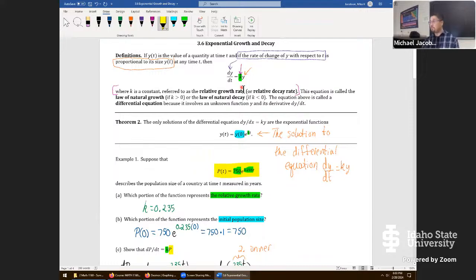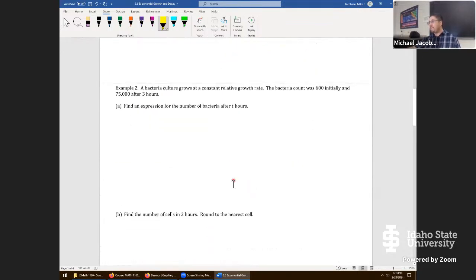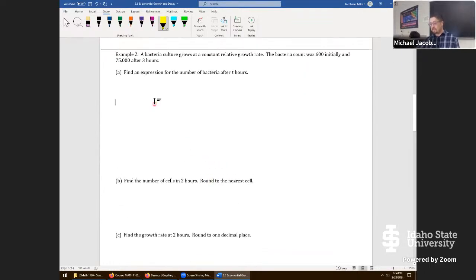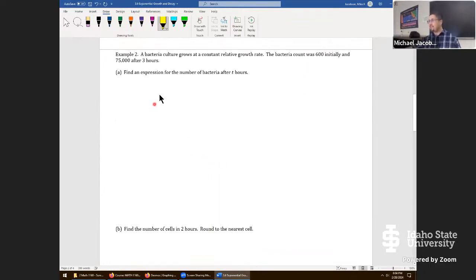So I'll try to point out when the question lines up with the differential equation, because that's going to be the thing that's totally new on this problem here. But let's give this a try. It starts off by saying a bacteria culture grows at a constant relative growth rate. From that statement already, what they're telling us is that if we let